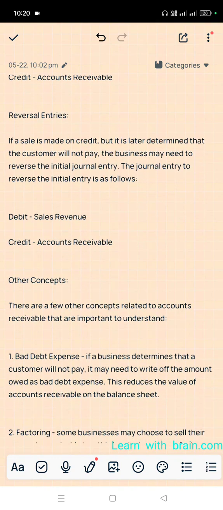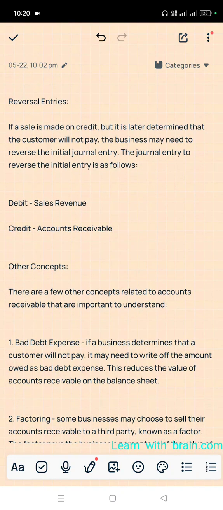Next, reversal entries. Do you know the meaning of reversal? When will we reverse the entries, do you know that? I hope you understand. I already covered reversal in the concept. Okay, if a sale is made on credit, but it is later determined that the customer will not pay, the business may need to reverse this